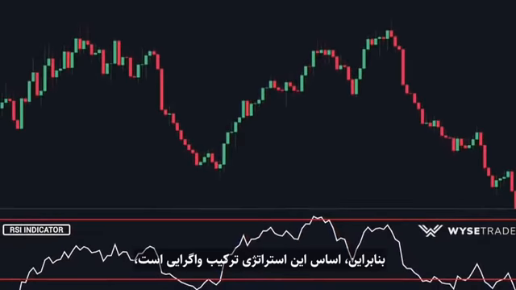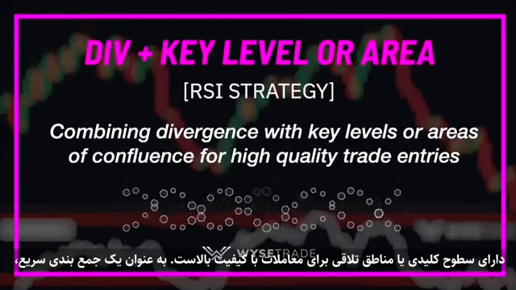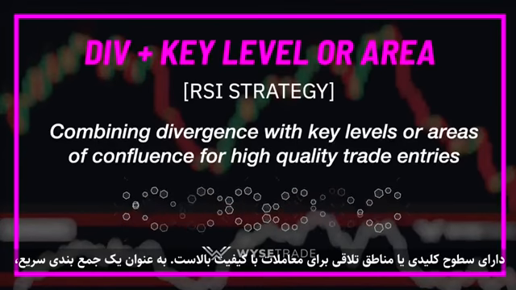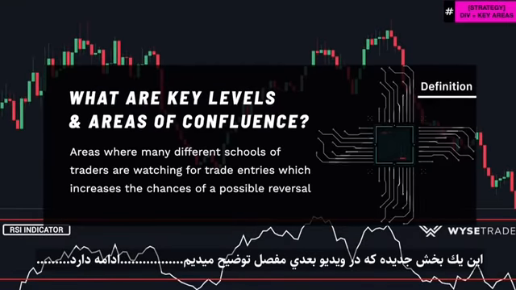So the foundation of this strategy is combining divergences with key levels or areas of confluence for high quality trade entries. As a quick recap, key levels or areas of confluence